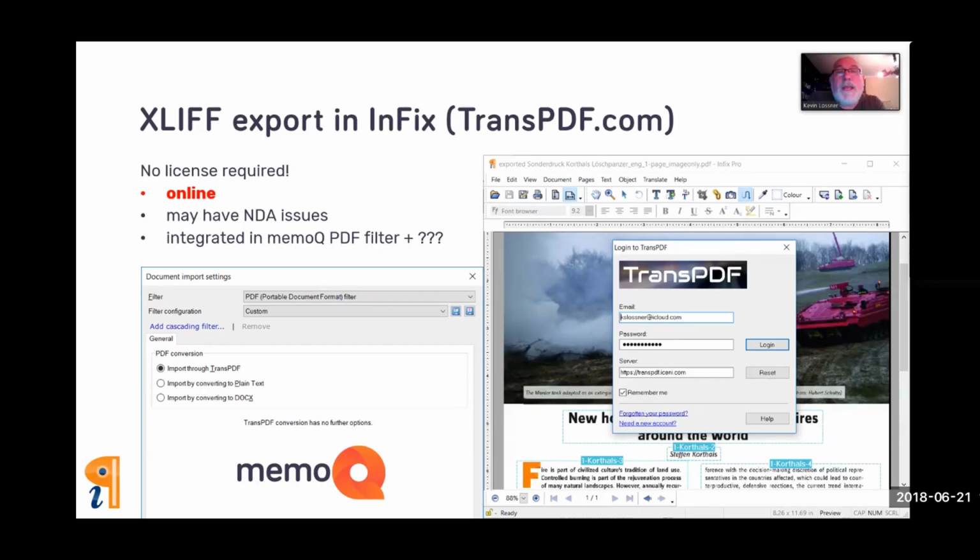Actually, this domain, transpdf.com, redirects to another domain. I think it's transpdf.iceni.com, but it doesn't matter. It's easier to write that, and it will get you to the right place. And you have to have an account with TransPDF, but you can get a free account. They give you a certain amount of free credit. If you do a lot of PDF conversion there, and then you want to get nice, high-quality final PDF output for your client,